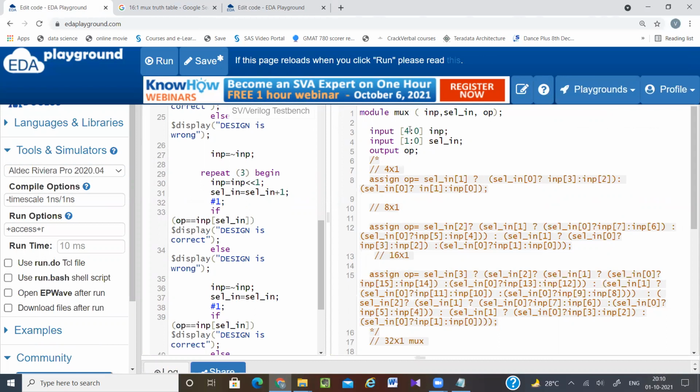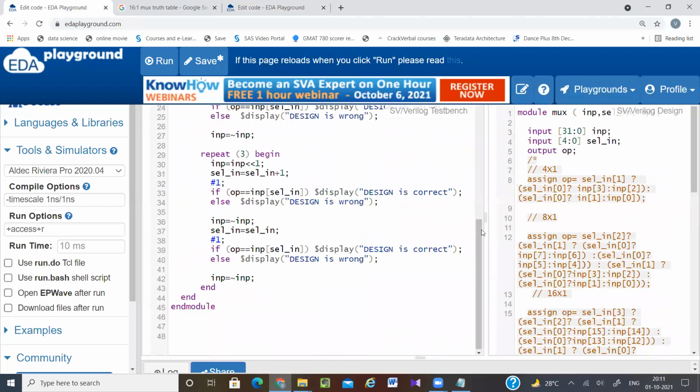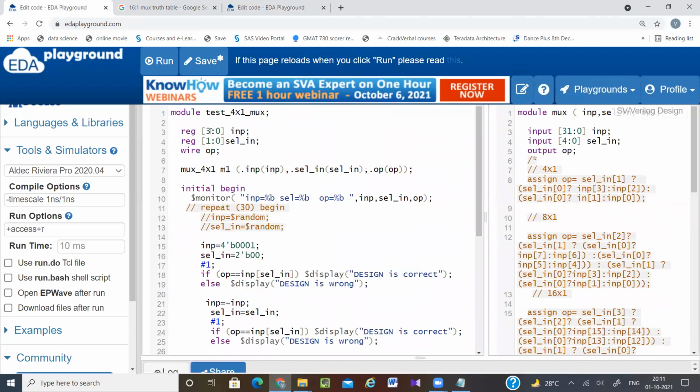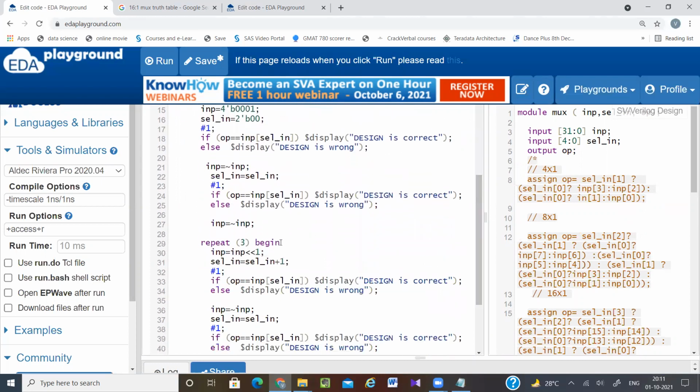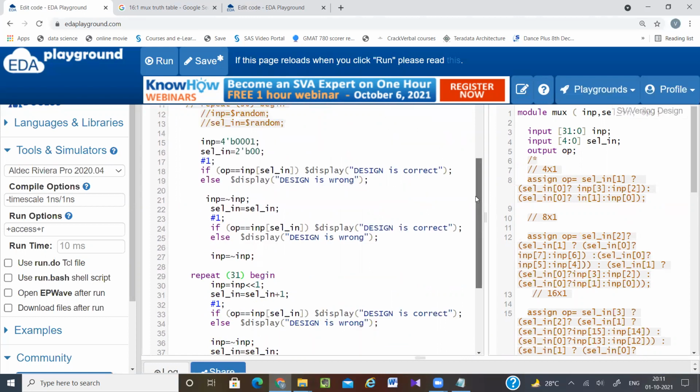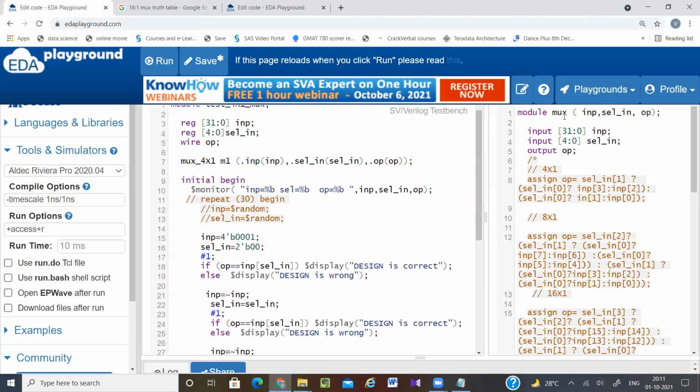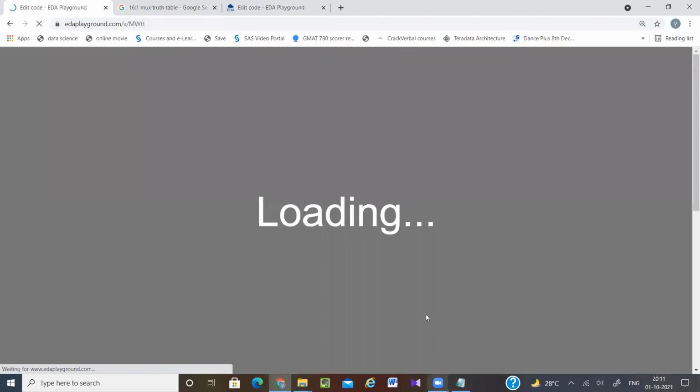Sorry, it will be 32-bit and it will be a 5-bit. Now come to here. 32-bit, 5-bit, and this loop I need to run for 31 times. And here my module name is mux, so I have to change this one. Now I can check whether I'm getting correct output or not.